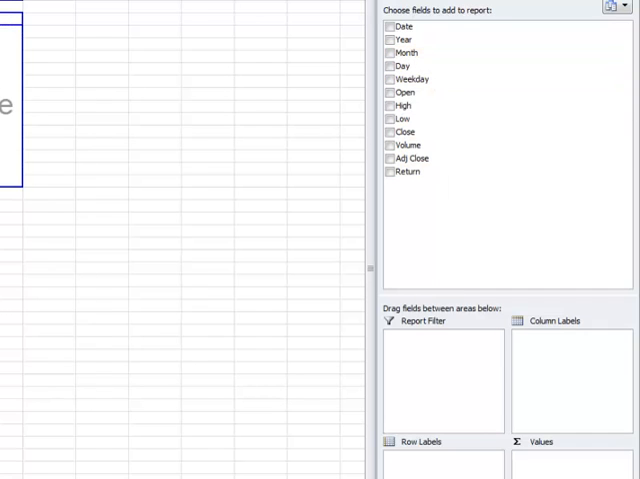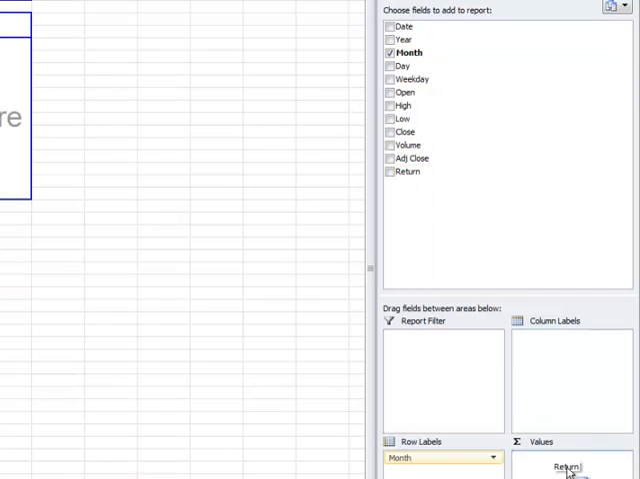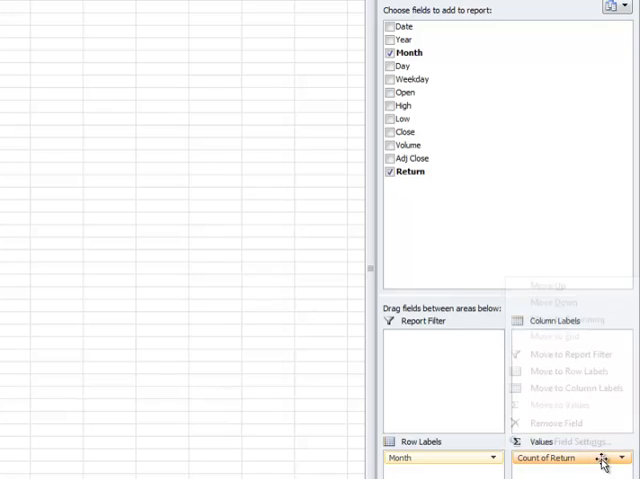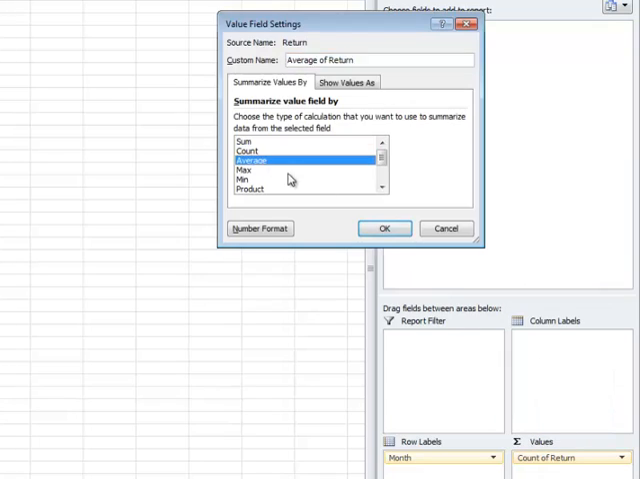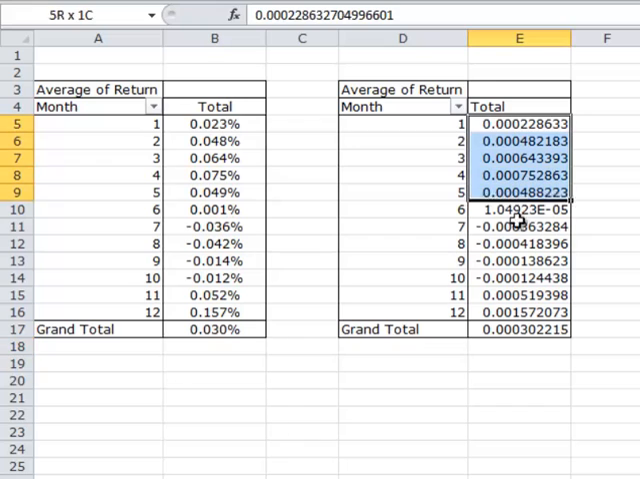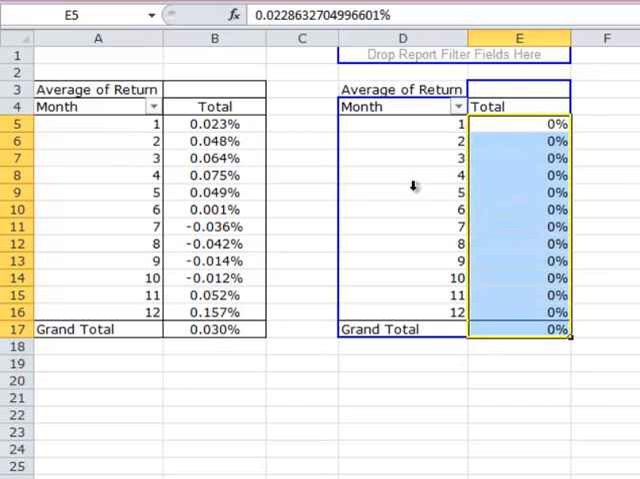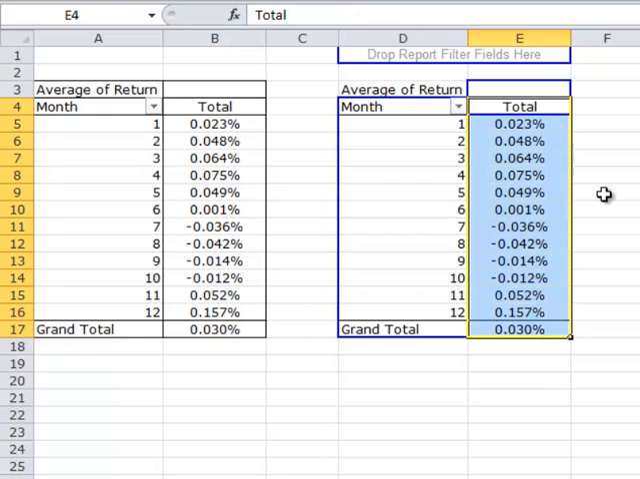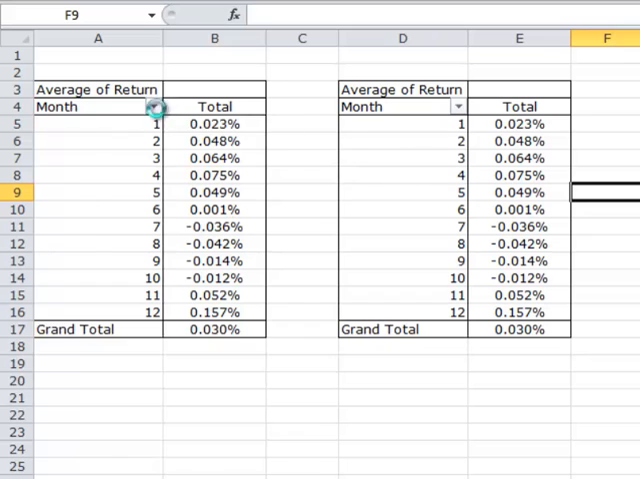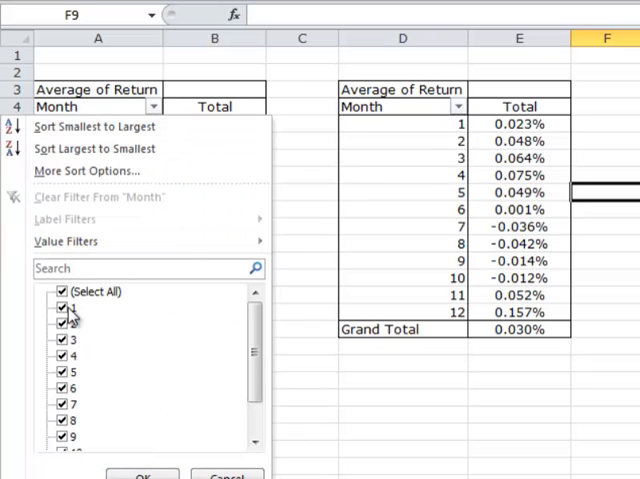I'm going to put month right there. I'm going to put returns right there. And I'm going to do the average of those returns. And again, I'm going to turn those into percents with a few decimal places. Center all of that. And now what I'm going to do is over here, I'm going to get rid of